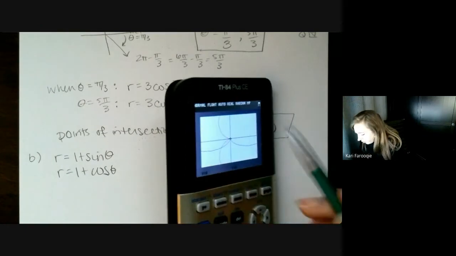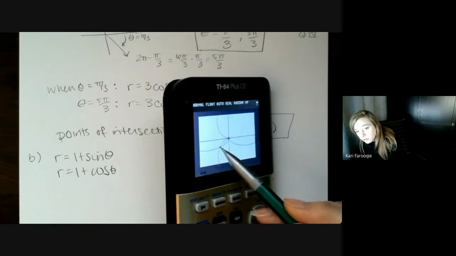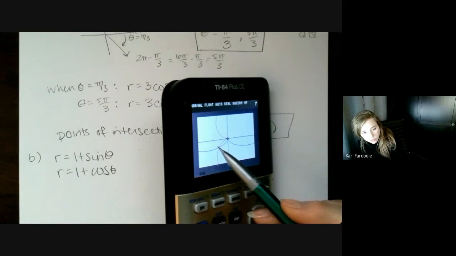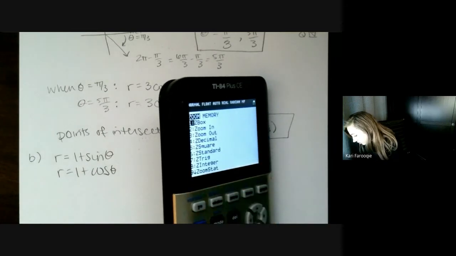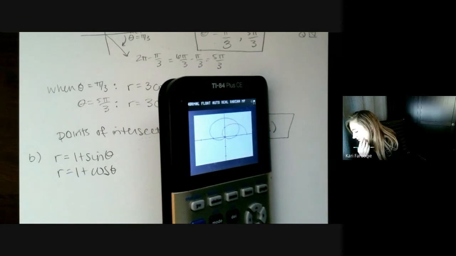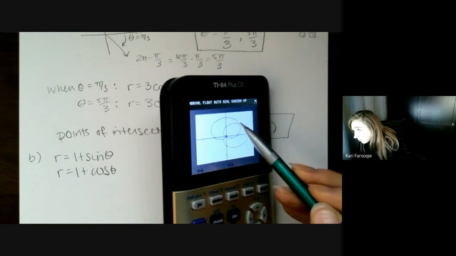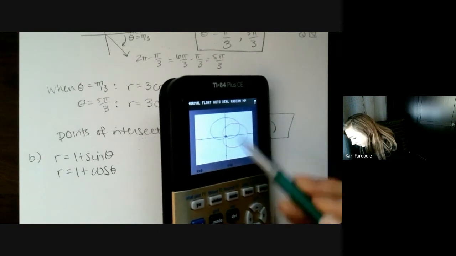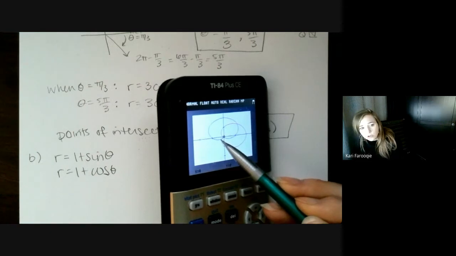If you can see what's happening down here, you also have an intersection. It's very, very hard to see unless you zoom in, but this will come out in your work, that you have this other intersection point. So I'm going to zoom back out again so that you can see what I'm talking about. We're looking for this point and then this point. It's not at the origin, it's in quadrant 3.